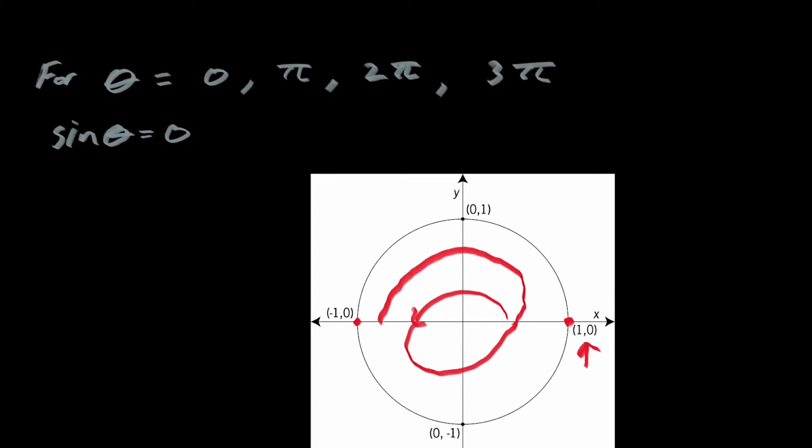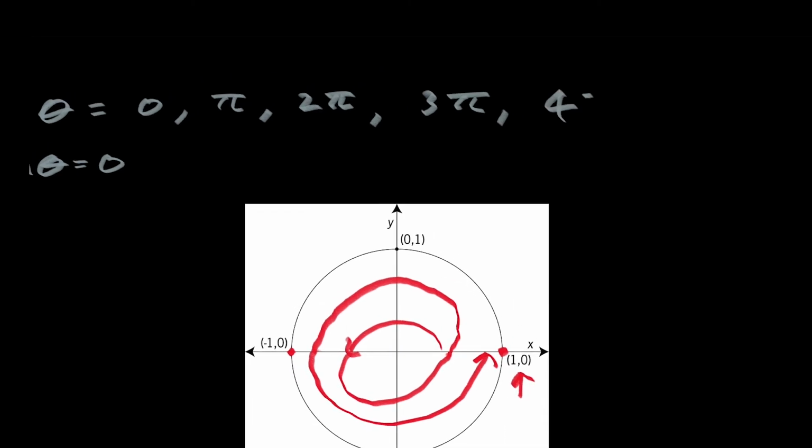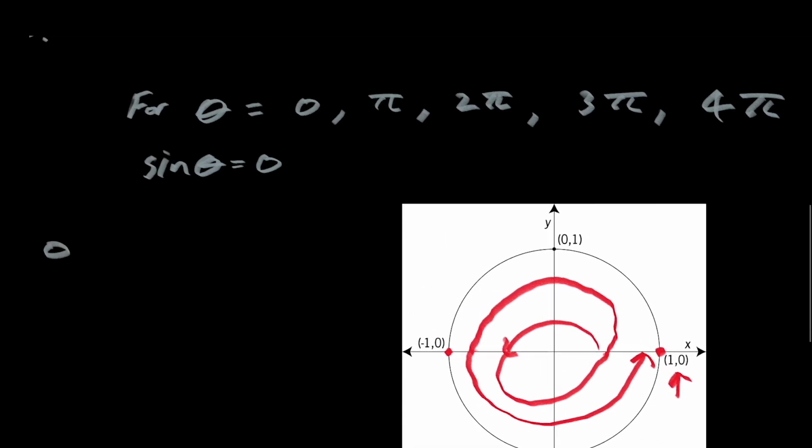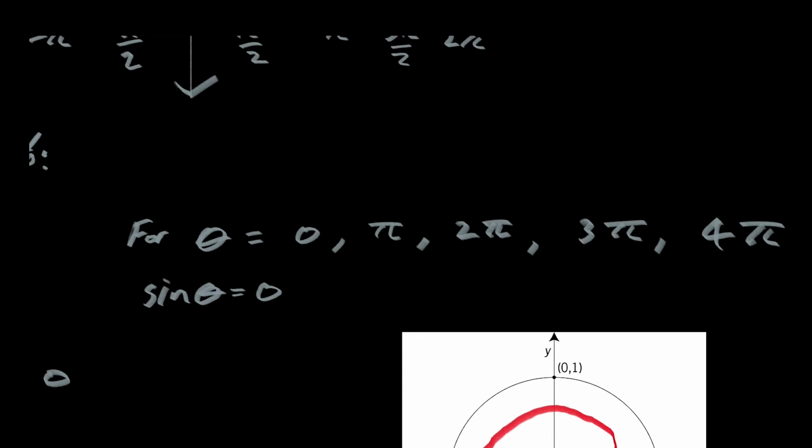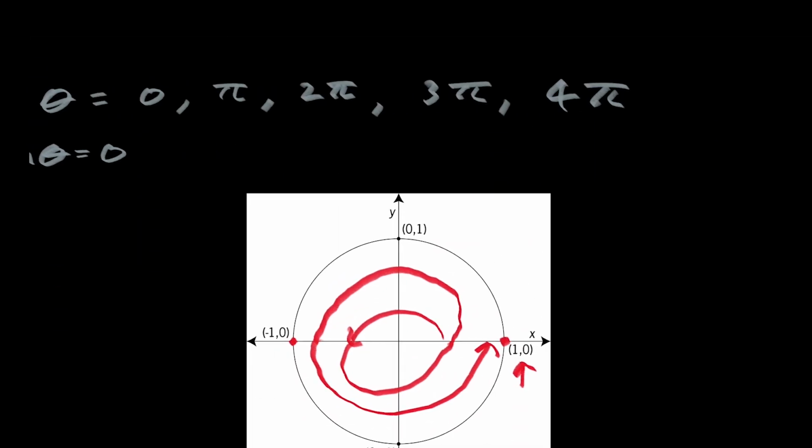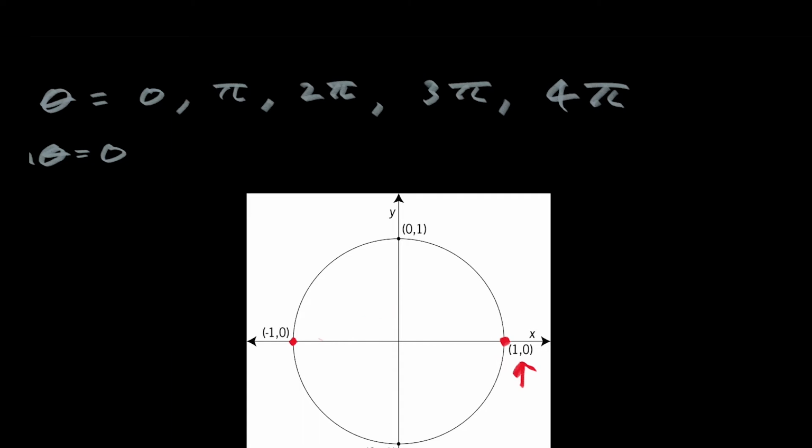But I could keep going, and I'd get to 4 pi. I'm sure you can see the pattern. Any multiples of pi are going to give you sine of theta equal to 0. And theta equals 0 here is not a counterexample. You can think of that as a multiple of pi. That's just 0 times pi. But is it just these positive angles? Well, no. Not only the positive angles will give you sine of theta equal to 0, but you could head